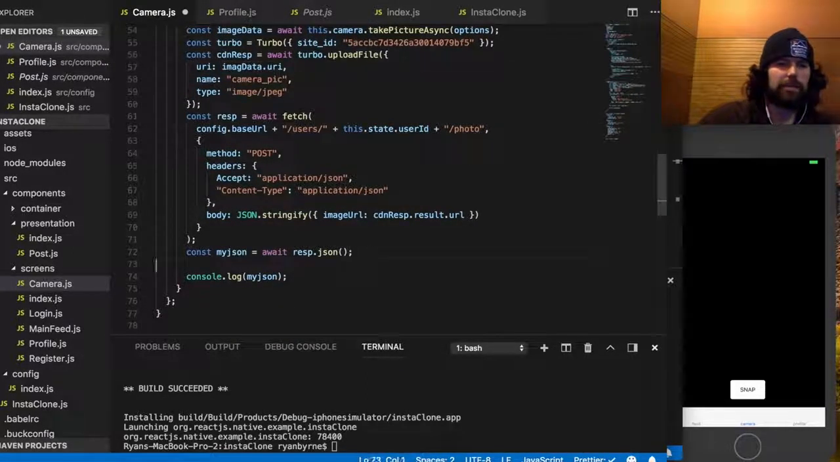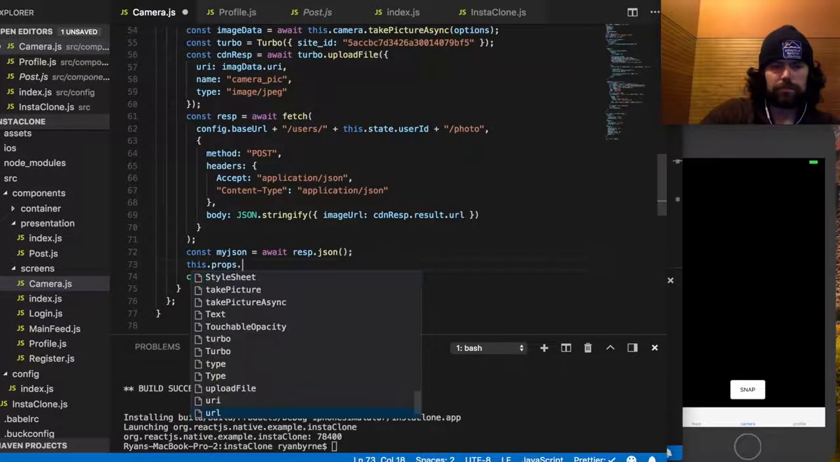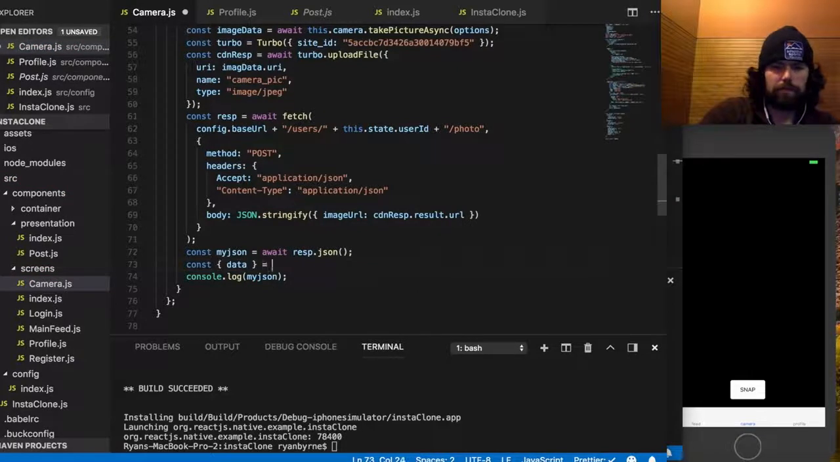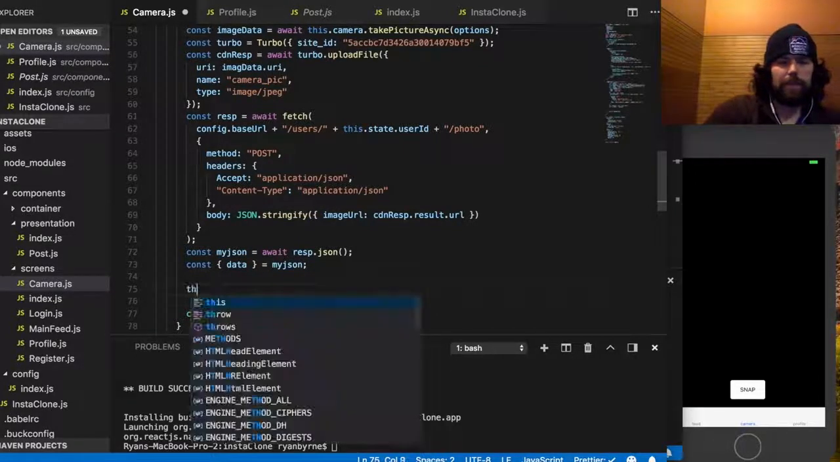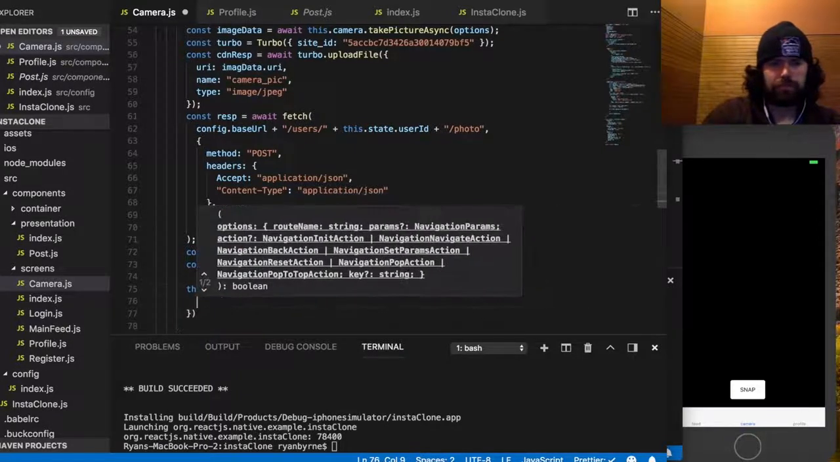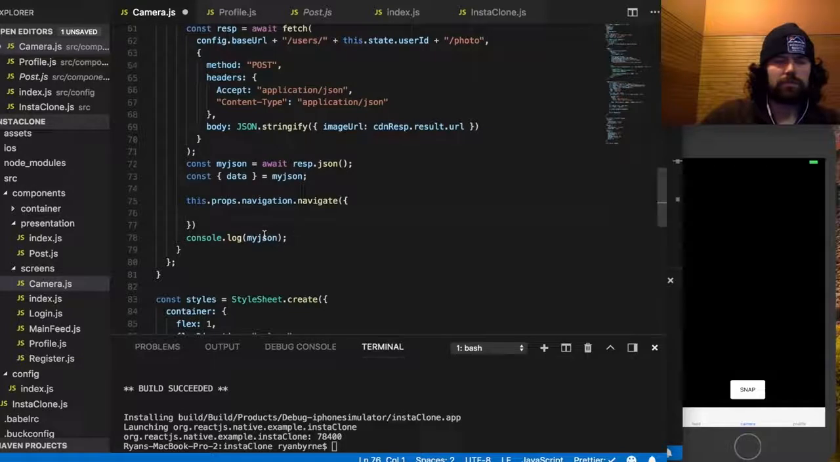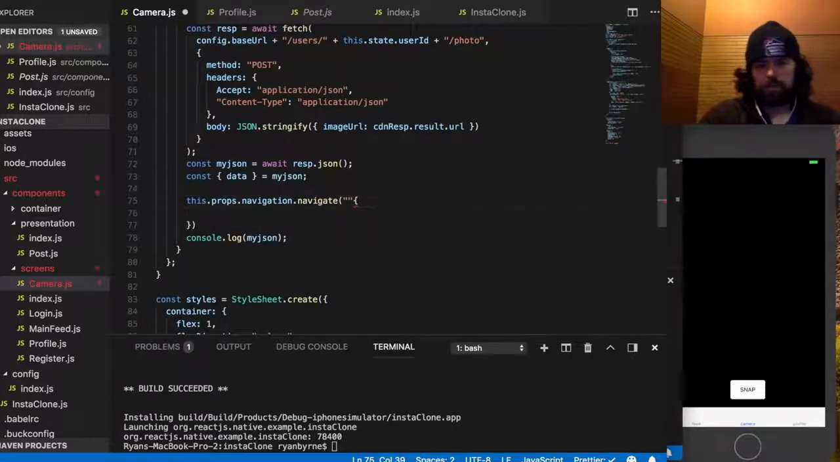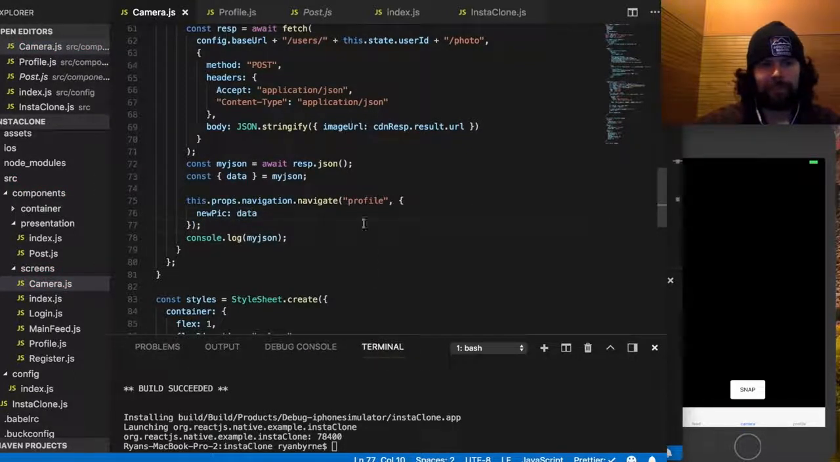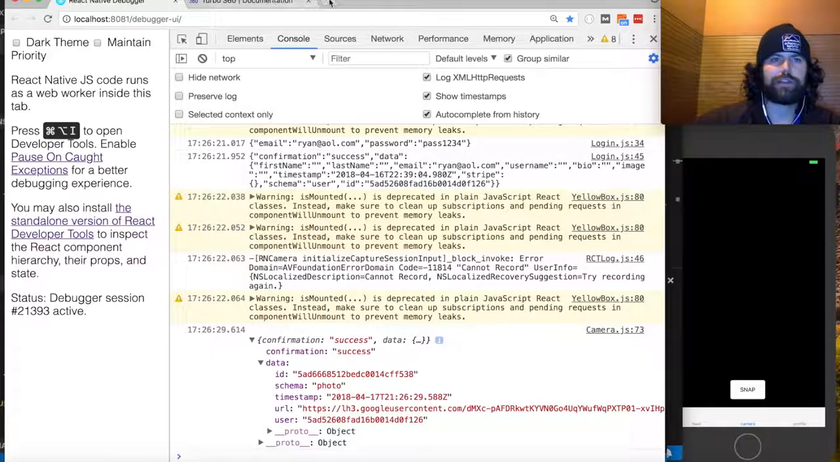And then down here, I want to say const data equals my JSON. So this is really just an individual photo object. And then we want to navigate to profile. And I'm going to call this new pic, and I'm going to point to data. And then if we check the React navigation,